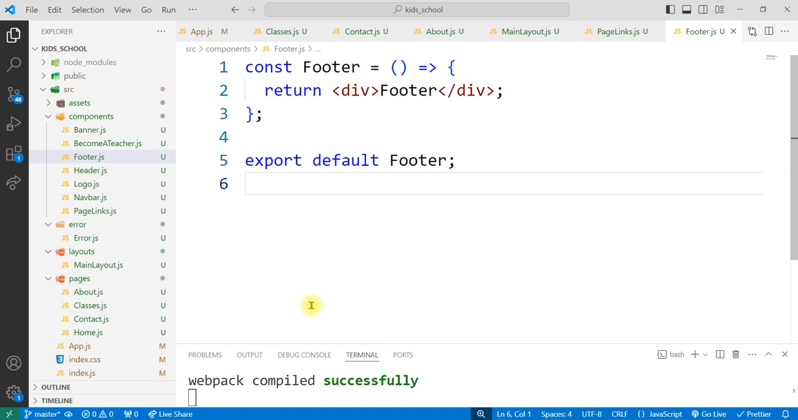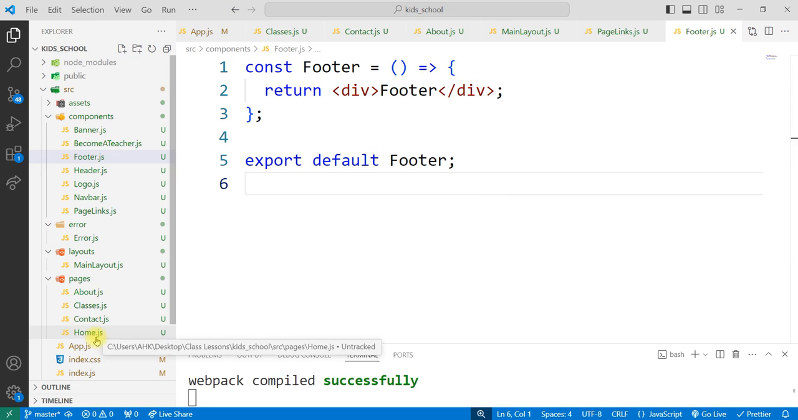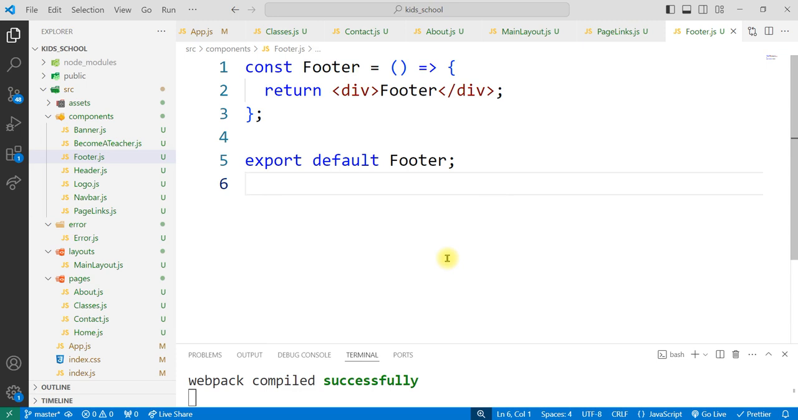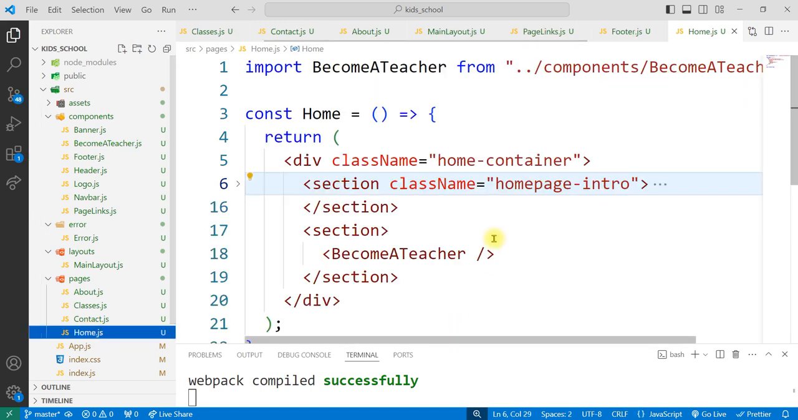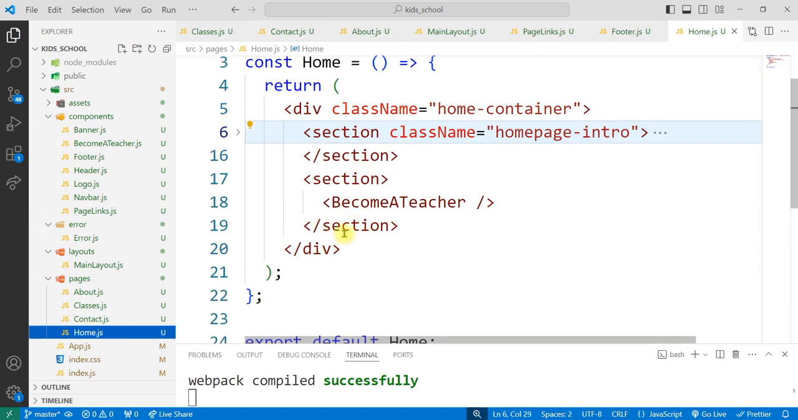Now this footer component can now be imported into the home component, so it shows at the bottom of the page. So let us go into our home. Please make sure you have the footer.js, and then let's click on our home component. That's the one we have already styled. So in our home component,